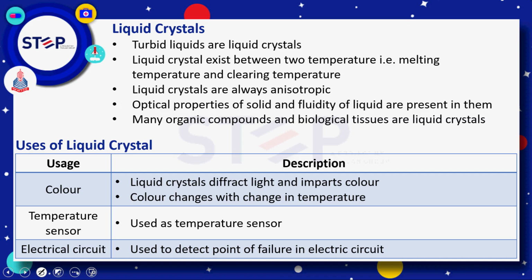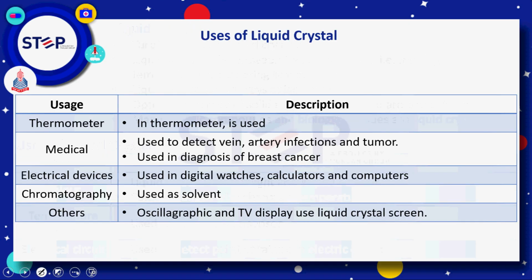Uses: liquid crystals diffract light and impart color. Color changes with the change in temperature, so that's why they can be used as a temperature sensor. Liquid crystals can be used to find out the point of failure in electrical circuits. Liquid crystals are also used in